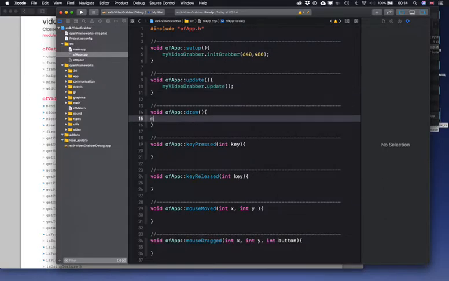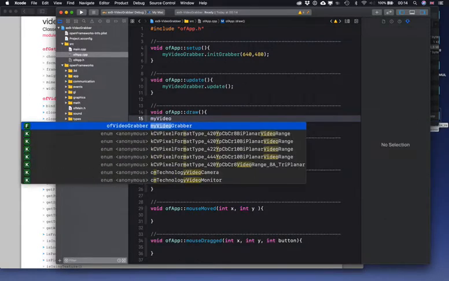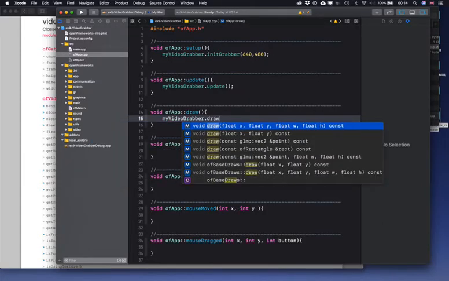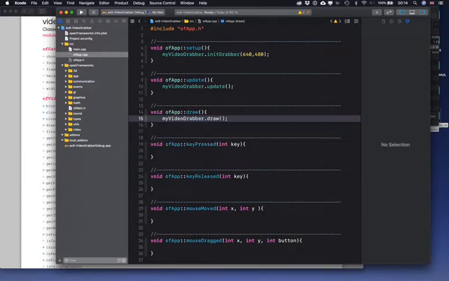And now we can draw it. myVideoGrabber draw. Right, so now we can, oh, I have a typo here. I need to specify the coordinate. So I'm going to draw it in the top left corner. So let's run it. So what we should get is myself in the